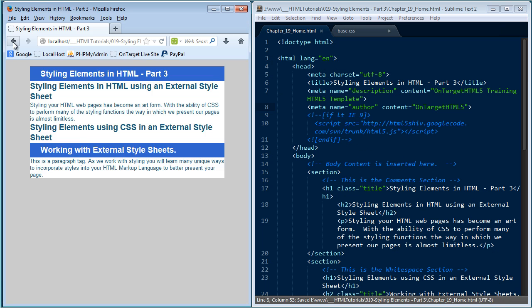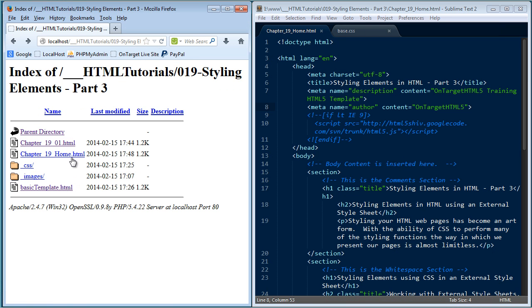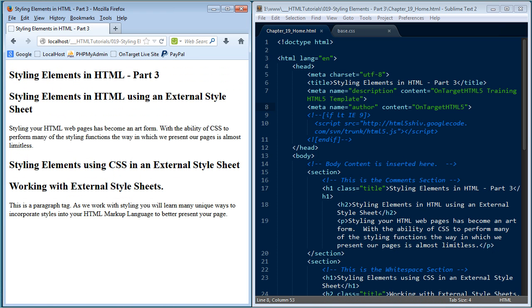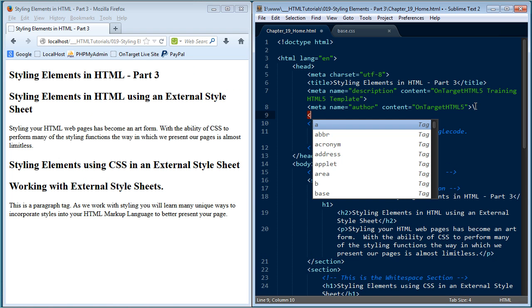Go back into our web root. Let's refresh it and load up that page. I want you to notice we're right back where we started. We have no stylings that are assigned to this particular web page. But to pick up all the stylings that we actually had from our original page, all I would have to do is go in here, type my link element,